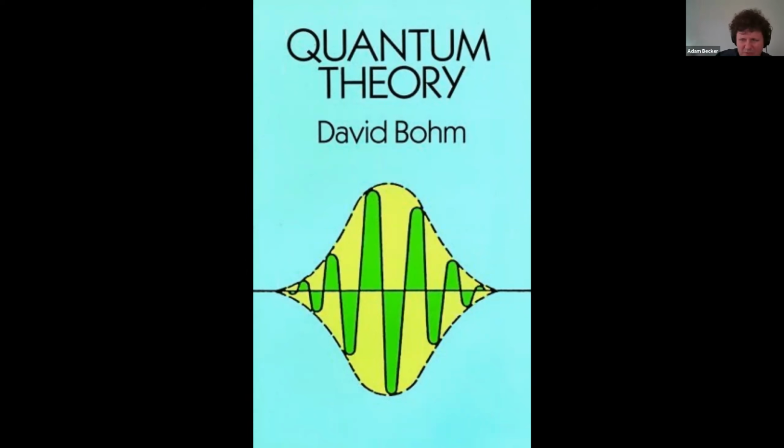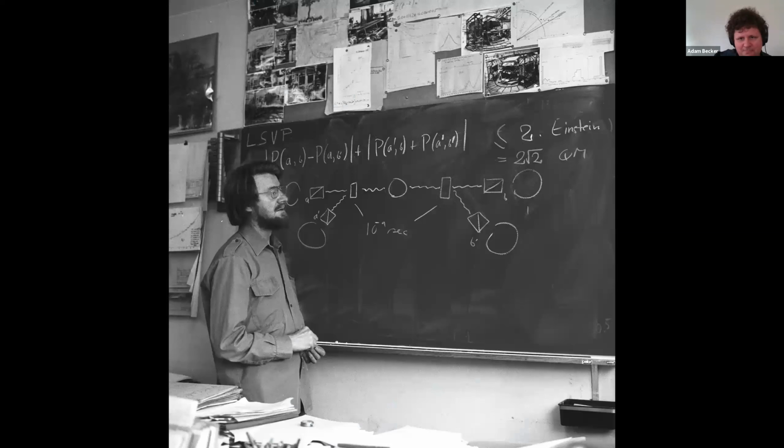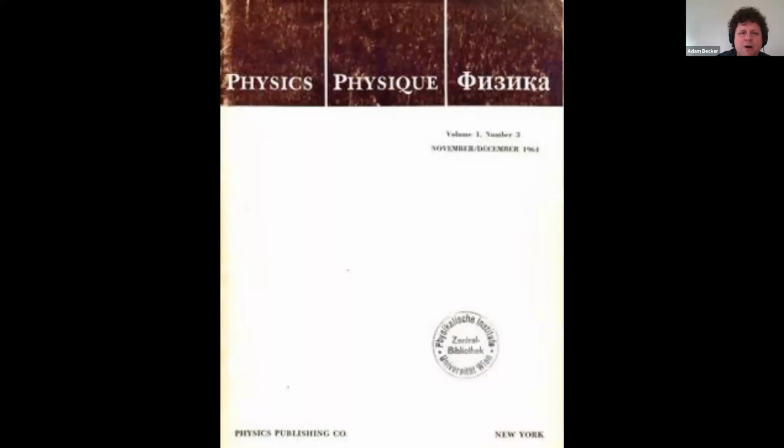This also had a weird publication history, and I think that affected how quickly it was received by the community, as we'll see later. So he sent that off, after putting it together, to a publication called Physics Physique Physica, which was a new journal that had been put together by a couple of physicists. The idea was to sort of have a general interest physics journal available in multiple languages, covering significant results broadly of interest across the whole field.